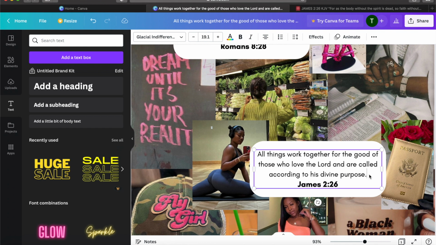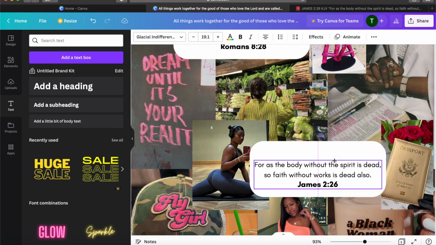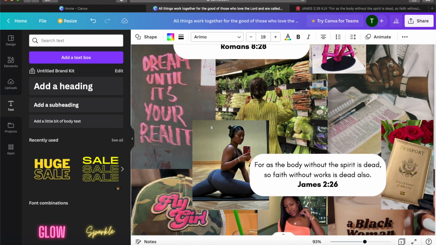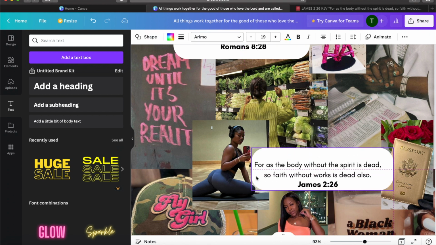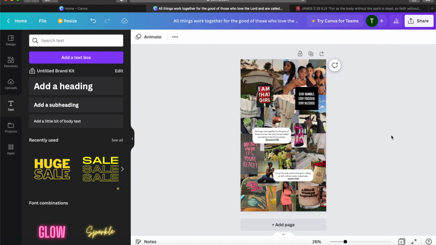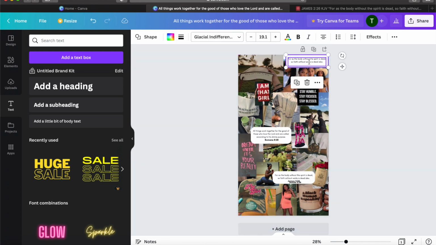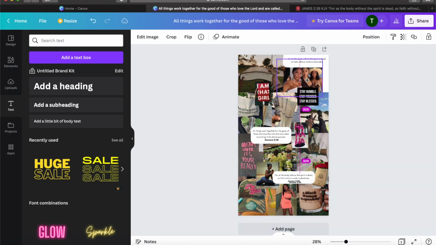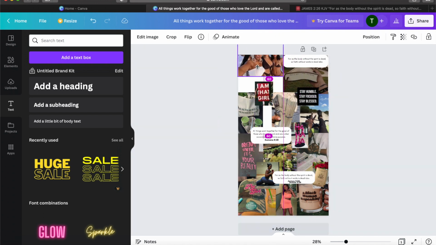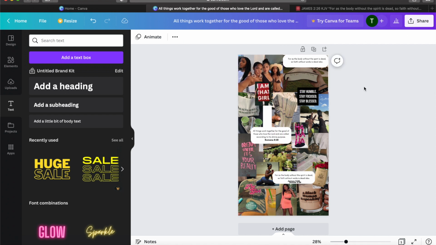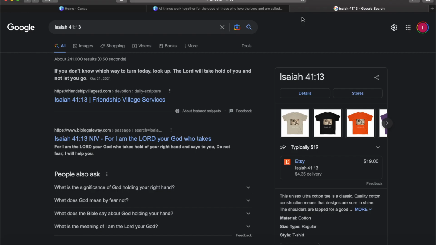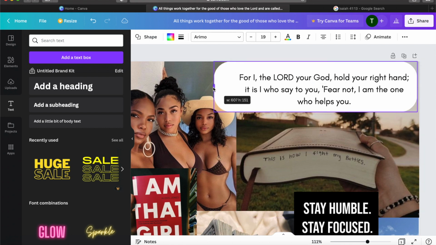I also forgot to mention: you do not have to use Canva on your laptop. You can use Canva on your cell phone. There's a Canva app. If you'd like me to do a video on how I can make something like this on my phone and screen record it, I can do that as well. A lot of people are used to video editing and editing their photos on their phone. So if you don't feel like pulling out a laptop, you can be riding in the car, on a train, or on a bus, and take care of this on your phone while doing anything else. If you'd like to see that as well, just let me know.